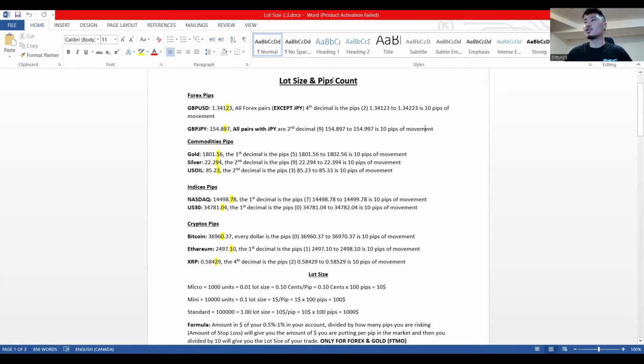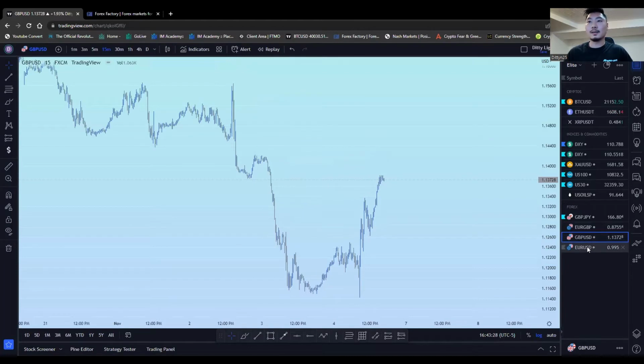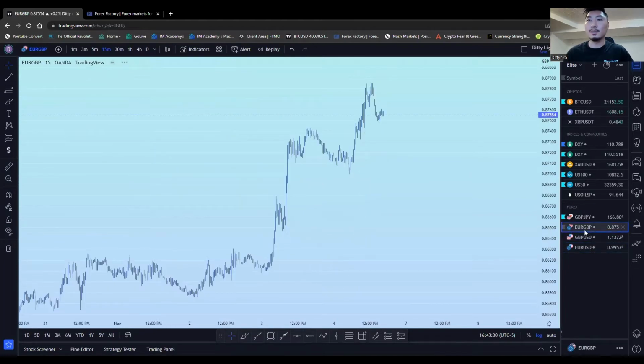Okay, so if we go on the chart here, for example, we're going to take GBP USD. It can be Euro USD, it can be Euro GBP. As you can see on the chart, you see 5 decimals. So the pip count will start at the fourth. Okay, the fifth decimal is the micro pips. So if you go on GBP USD,